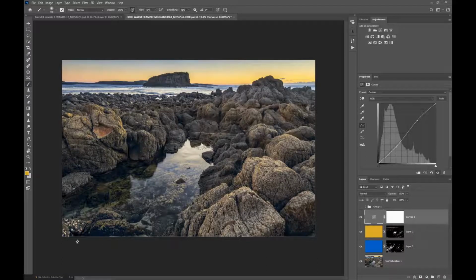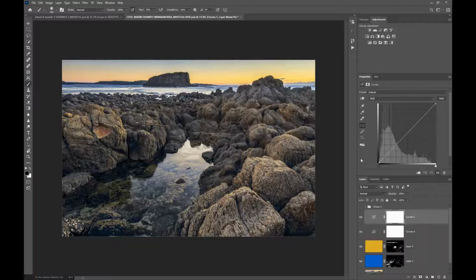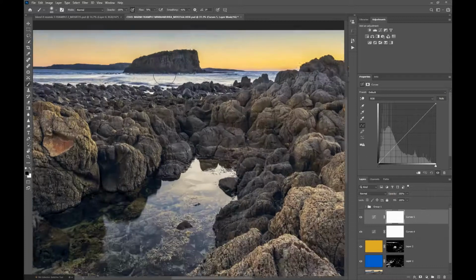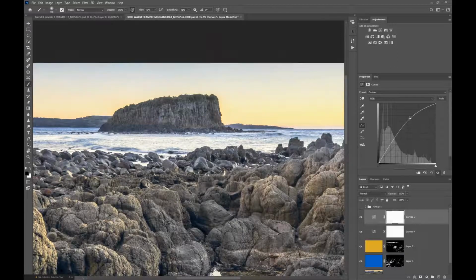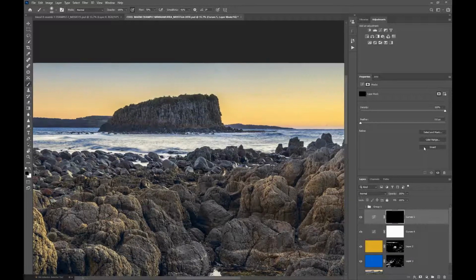And looking at the image now, I have this lovely leading line going through, but in the distance this little island is lost in the shadow, so I want to brighten that up, and we're going to use some easy selection tools here. We're just going to create another curves adjustment layer, and what I would do is zoom in on this little island and see if I brighten that up considerably. I really want to put a bit more light on it, but I'll need a bit of contrast. I'll need to tweak the shadows a little bit just so that we don't have it totally washed out. Ignoring the rest of the image, come over to our mask, click on our mask, invert that mask,